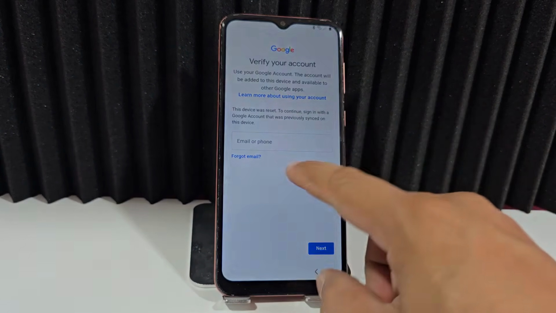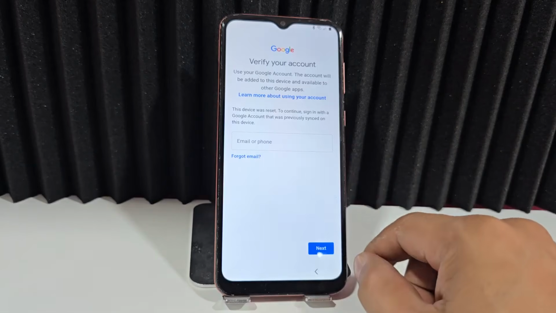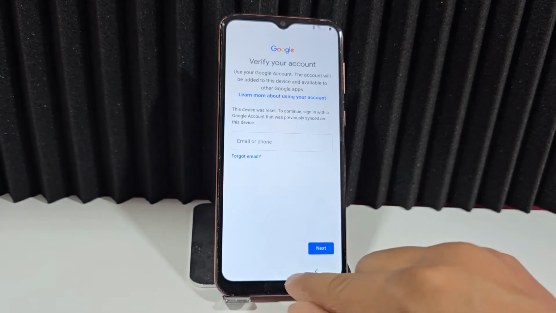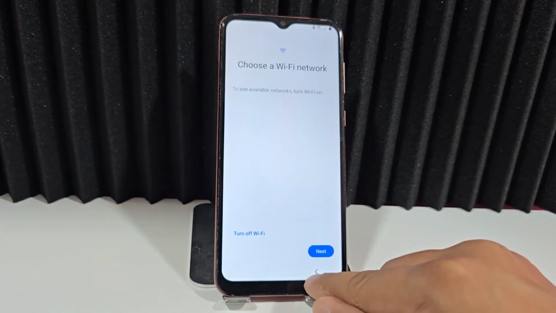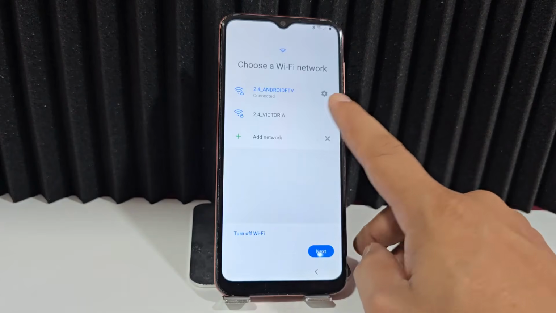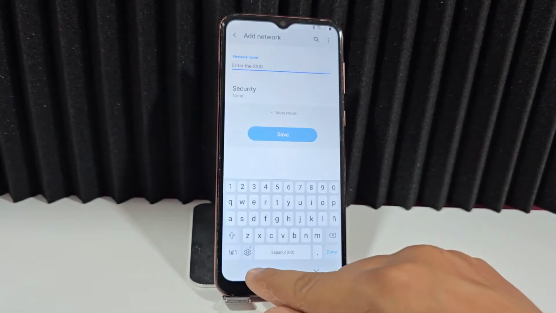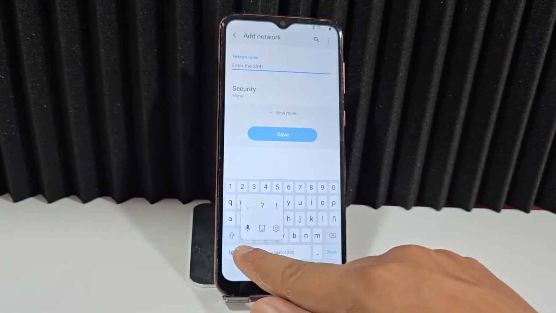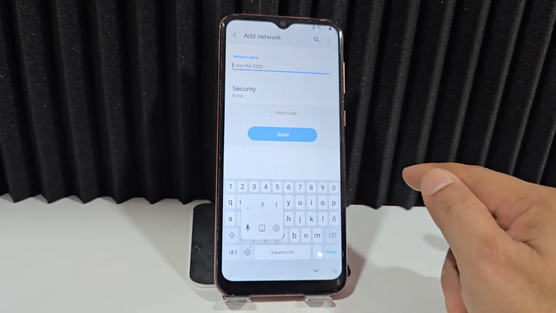But let's say you don't have it, you don't know it. You don't have the email or the phone number, so we're going to do the following. We're going to go back. We're going back here on the network. For Wi-Fi, we'll click here where it says, add new network. Then we're going to click here on this little gear that appears here. We hold it, we give it the little nut. Now we're going to click on this little nut and